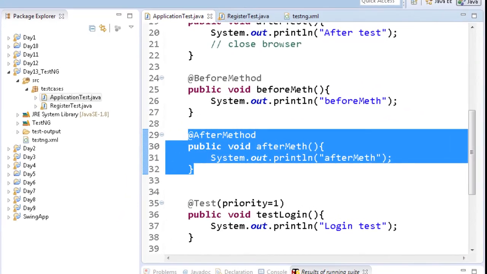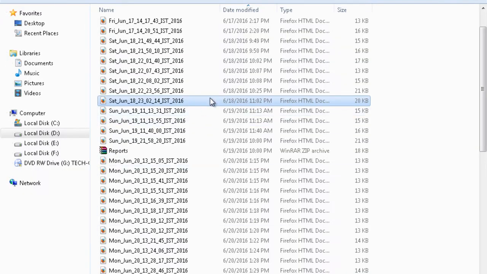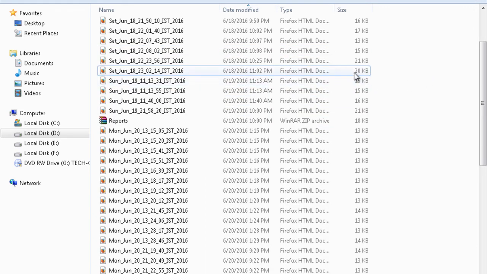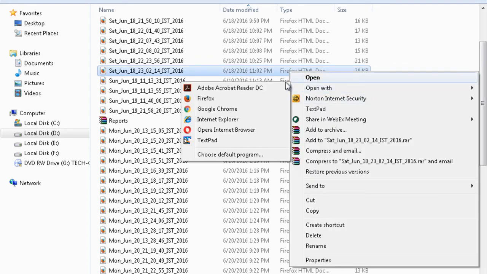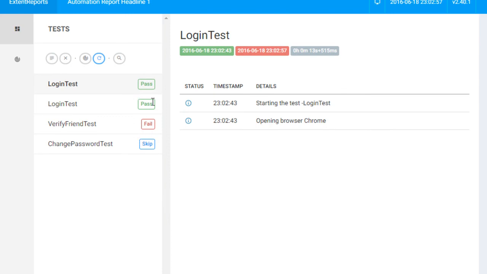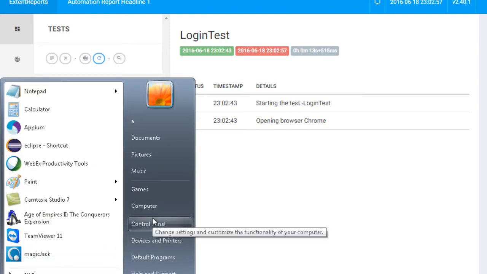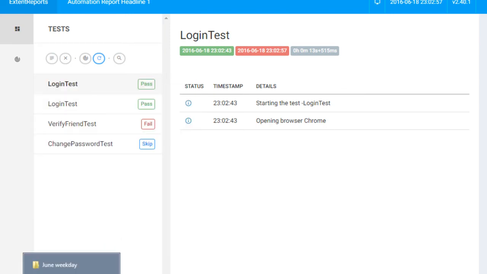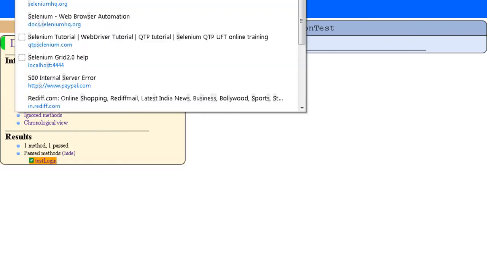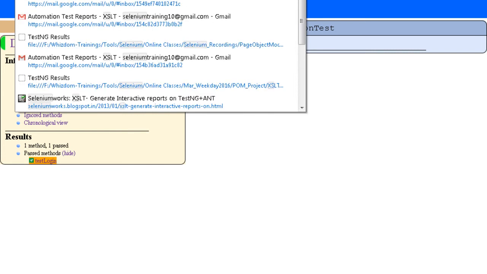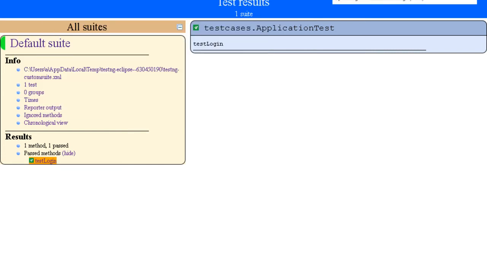You can generate very good reports with TestNG, the way I showed you right now, the Extent Reports and all. Moreover, you can also generate XSLT reports. XSLT reports look something like this, but I find Extent Reports to be better.